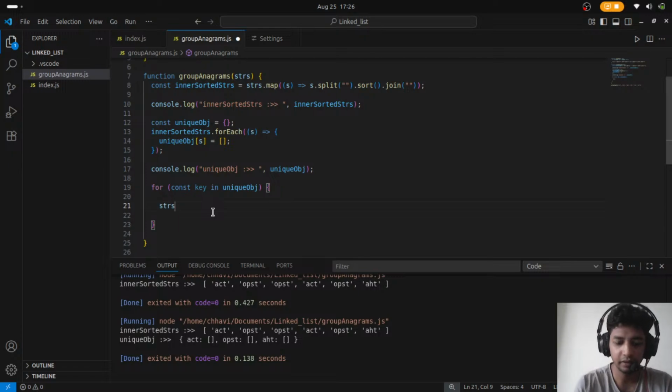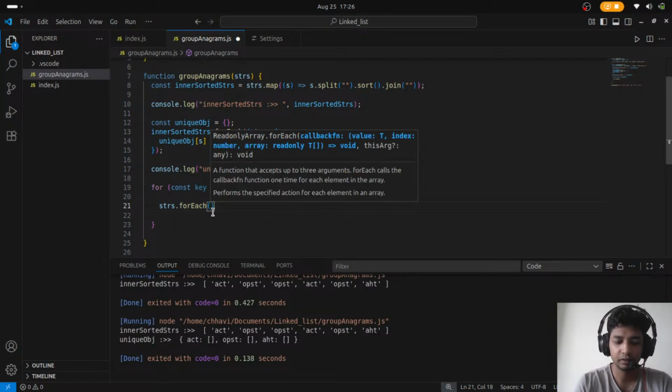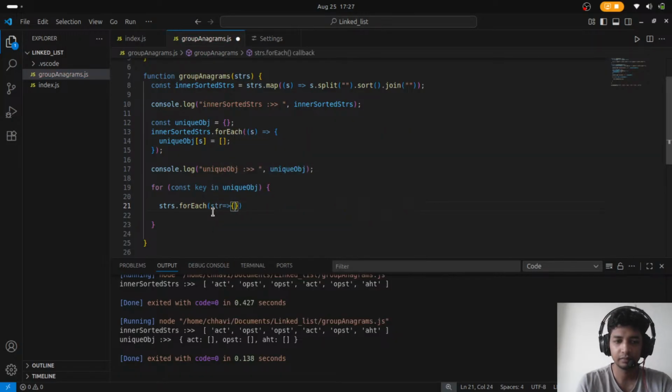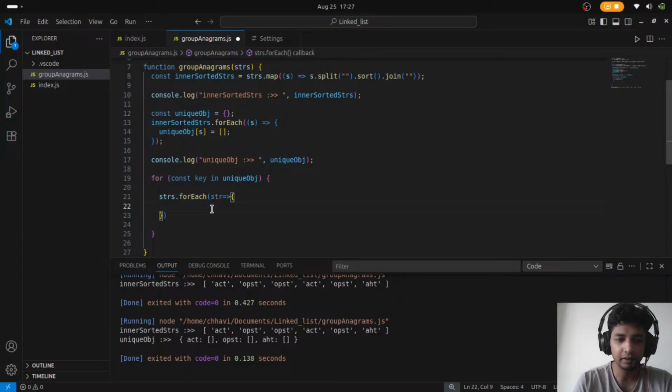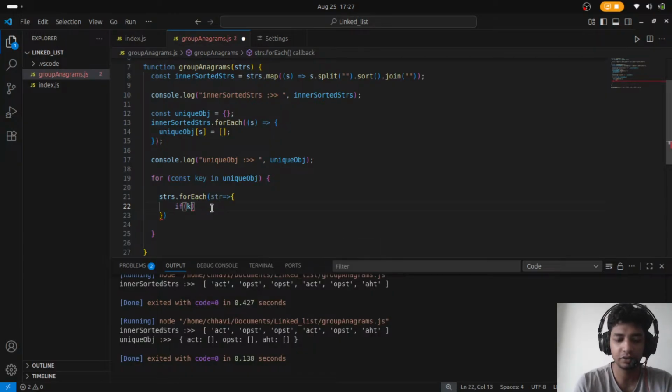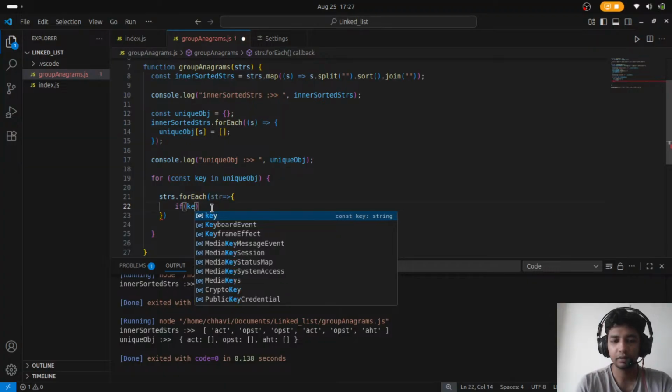So let's just do that. For each string, like this. Now what we need is a condition in which is anagram,